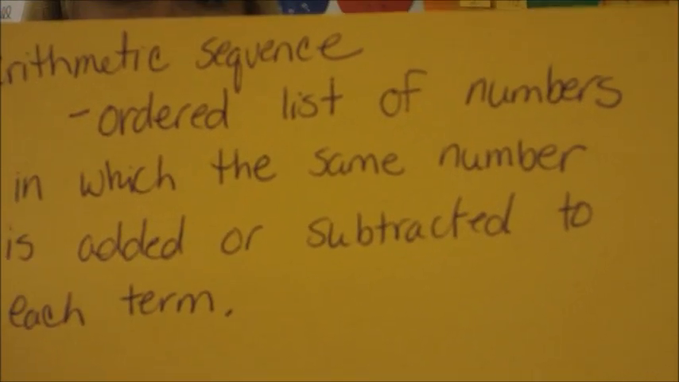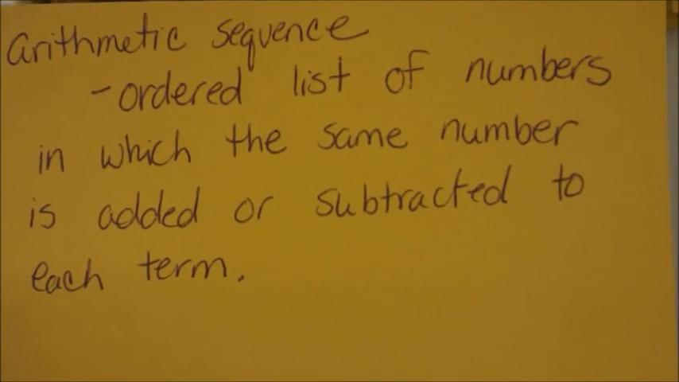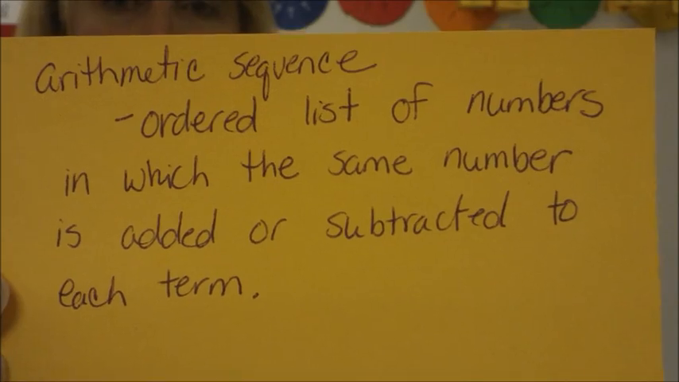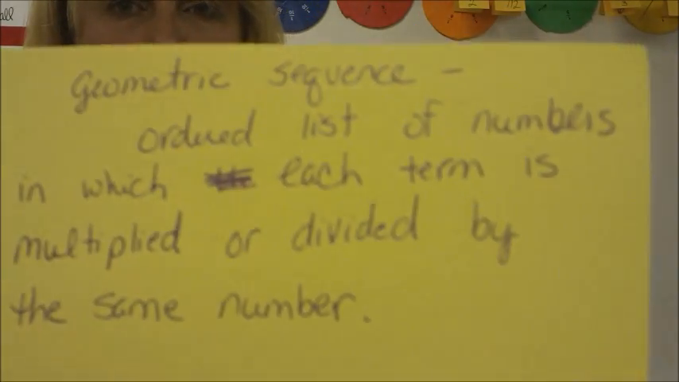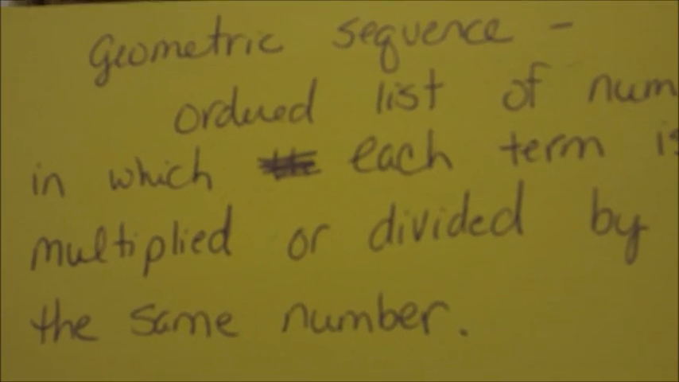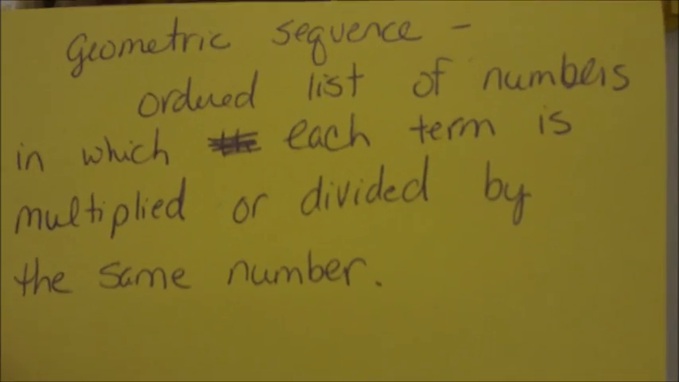Simply an organized list of numbers, and each term is either added or subtracted by the same number. The other one is a geometric sequence, also an ordered list of numbers, but where each term is multiplied or divided by the same number. Okay,